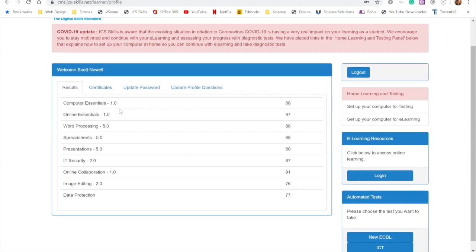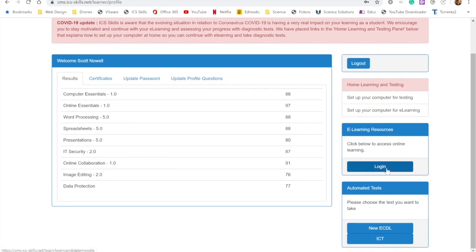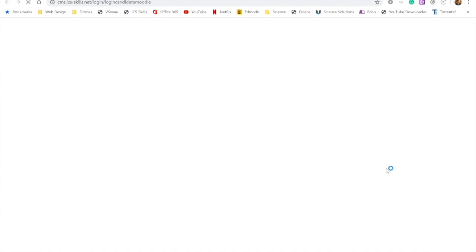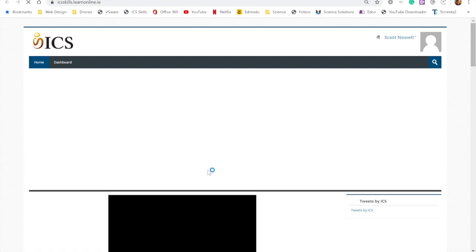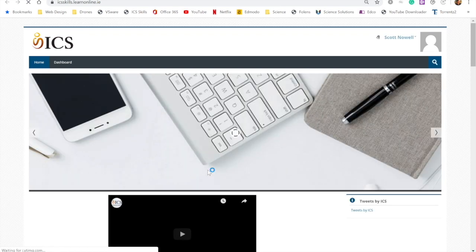Once you're in, you can see you'll have results here. This is a test cert for me to explain how this is working. Once you got in here, I want you then to go into your login for your e-learning, and then you will have the information as we have already taught you to be able to undertake any of the 10 modules